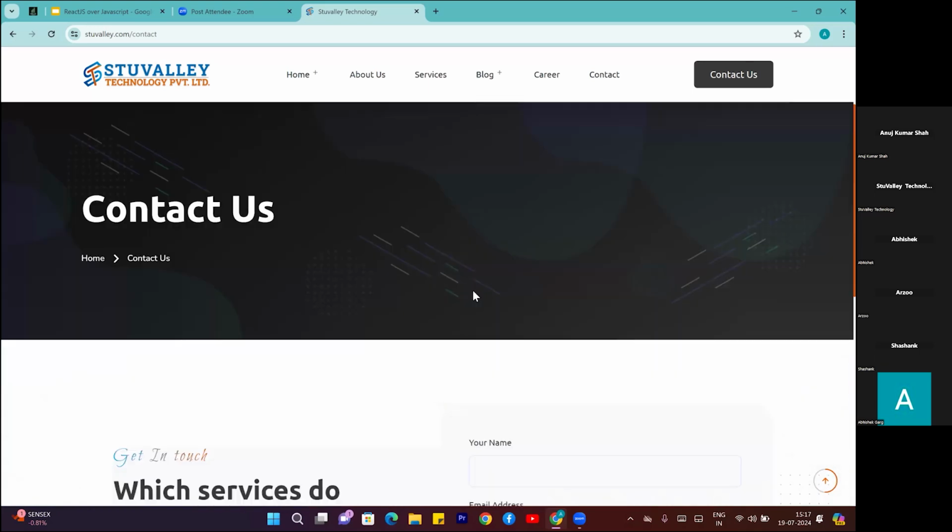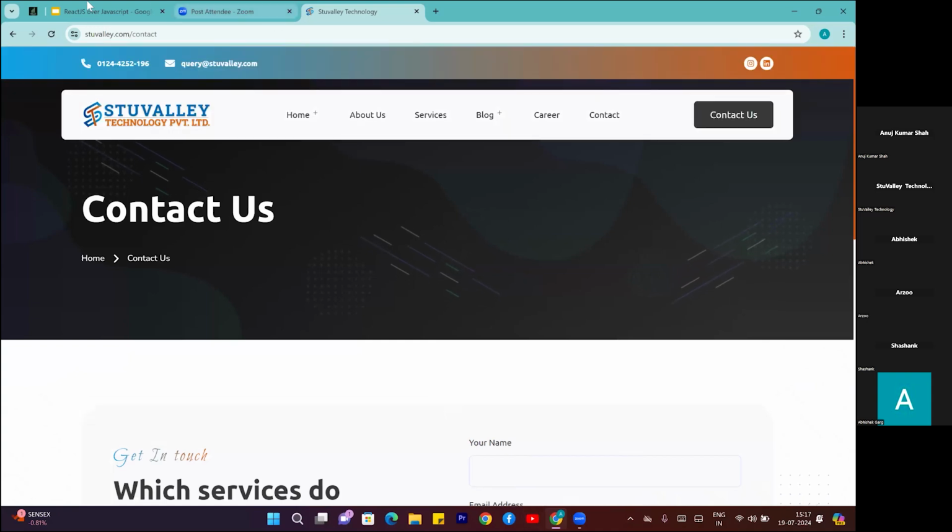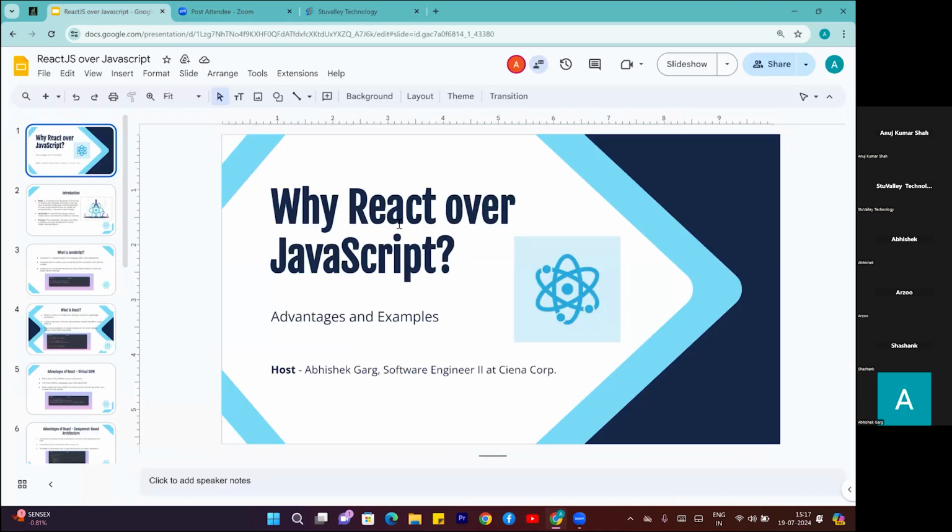So let's come to the main point: why are we using React over JavaScript? Back to our PPT. Is there anybody who knows what React.js is? Yes, React.js is a JavaScript library that is used for visual components and UI design, and that's why it is widely used, as it provides a small, complete